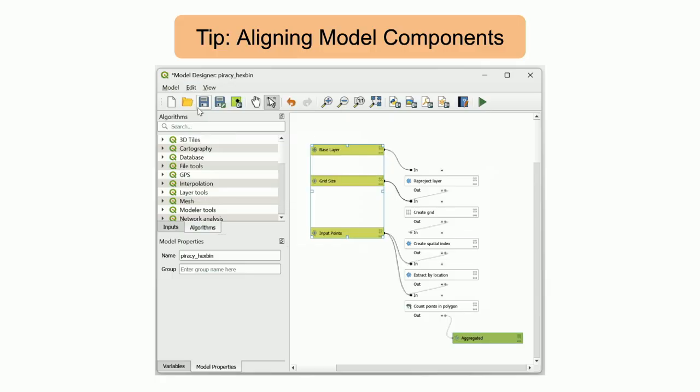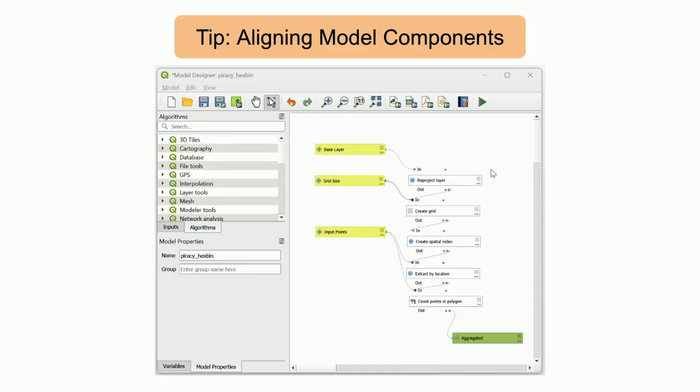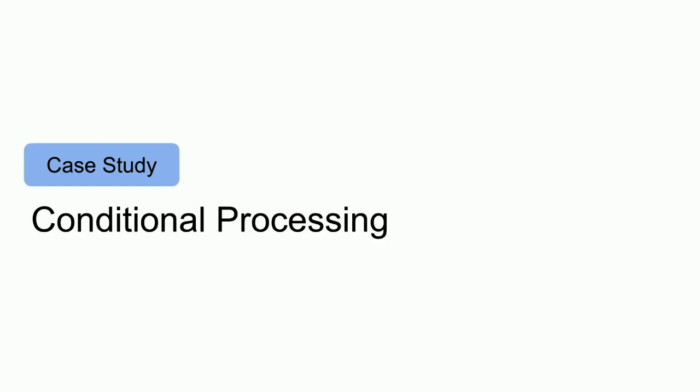All right, so that was the first one on automation. I want to share the next case study where you can do some conditional processing. All of you have workflows, and sometimes your workflow involves saying, if I want to use this layer, then do this. Or if I process the data and end up with this kind of value, then you do something else. And the Model Designer has those conditional processing capabilities,